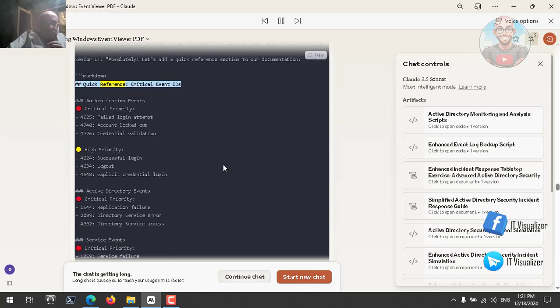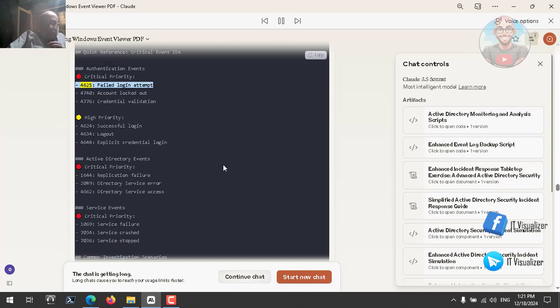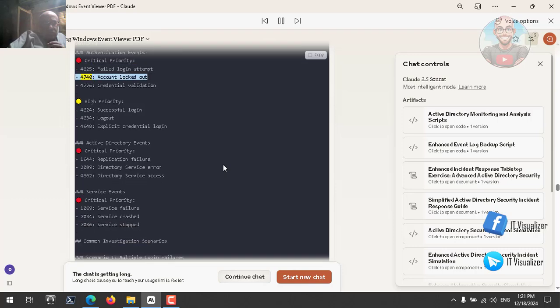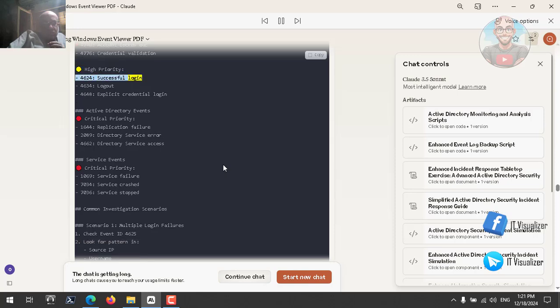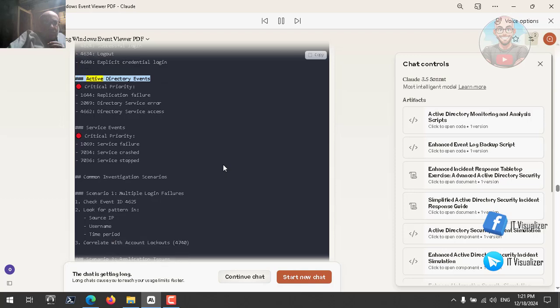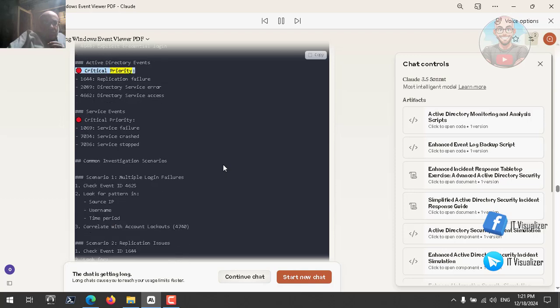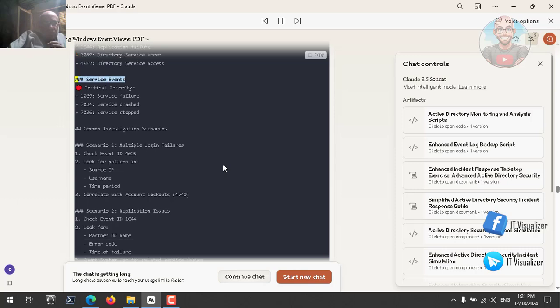Markdown: # Quick Reference: Critical Event IDs ## Authentication Events 🔴 Critical Priority - 4625: Failed login attempt - 4740: Account locked out - 4776: Credential validation 🟡 High Priority - 4624: Successful login - 4634: Logout - 4648: Explicit credential login ## Active Directory Events 🔴 Critical Priority - 1644: Replication failure - 2089: Directory service error - 4662: Directory service access